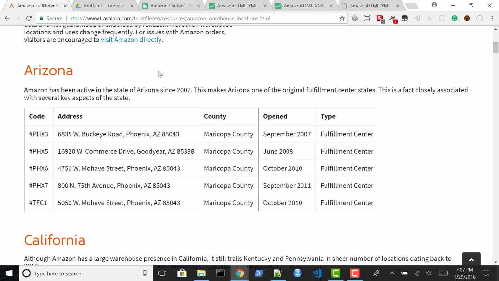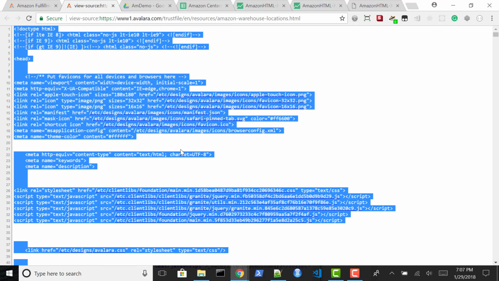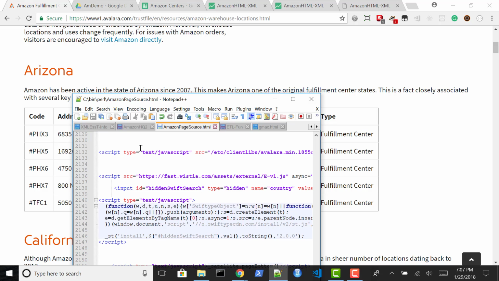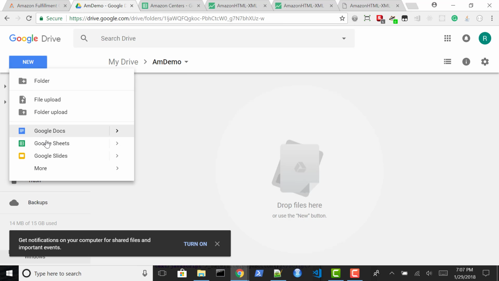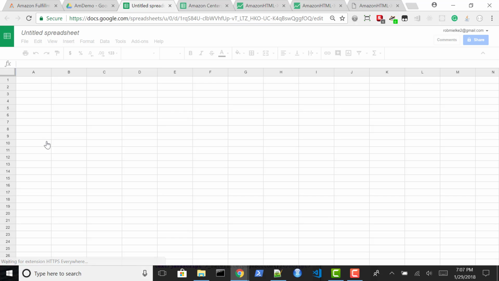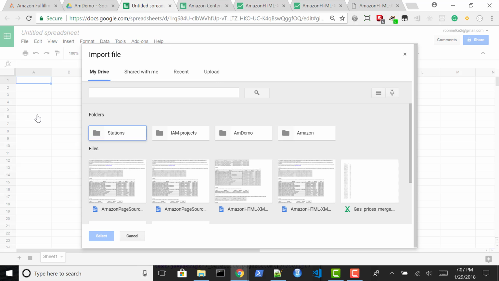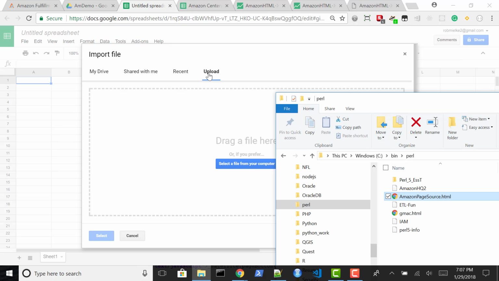So you can just go here, View, Page Source, Alt-A, Alt-C, copy, close that, go back to Notepad and paste it in here, and then go to Google Docs, start a new sheet, then import into that sheet the HTML by uploading that from its location,